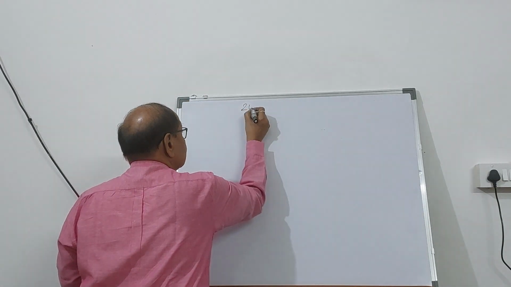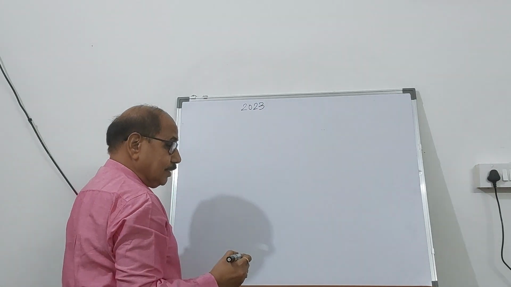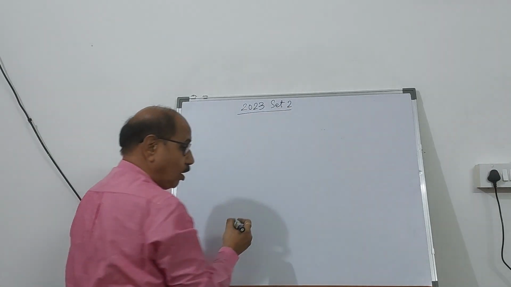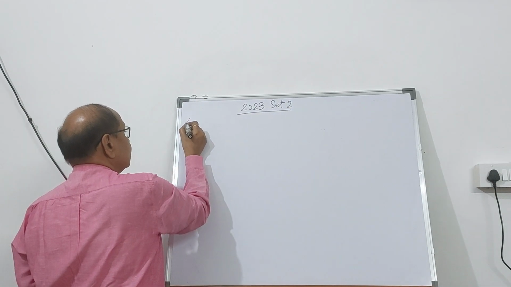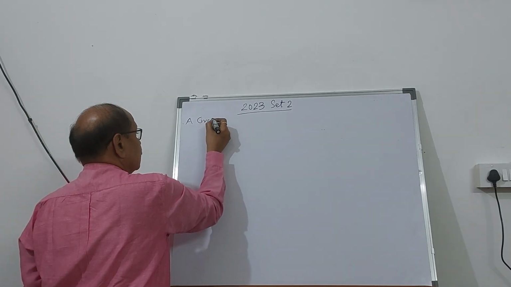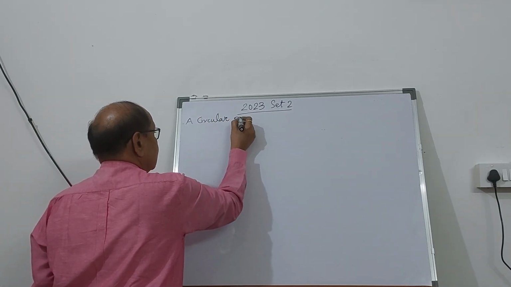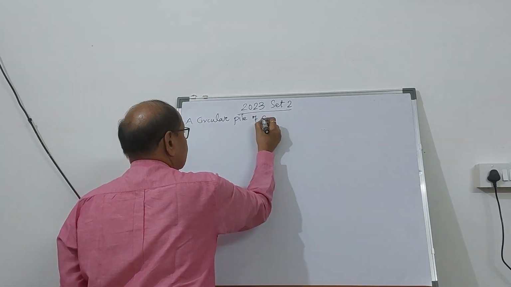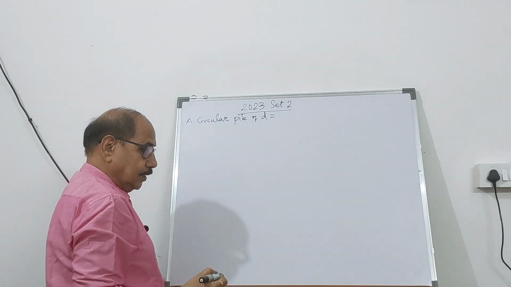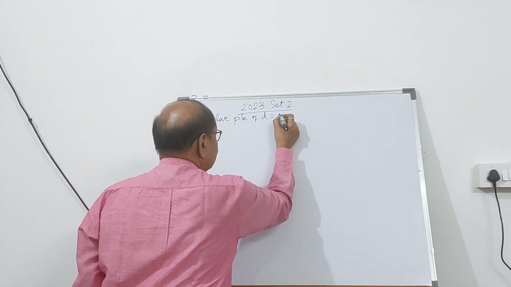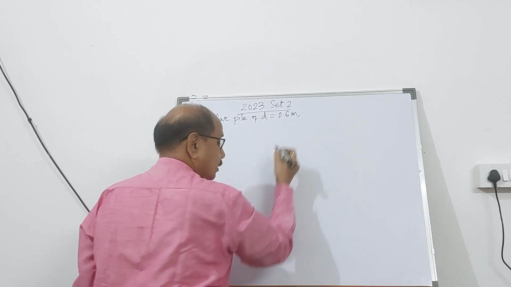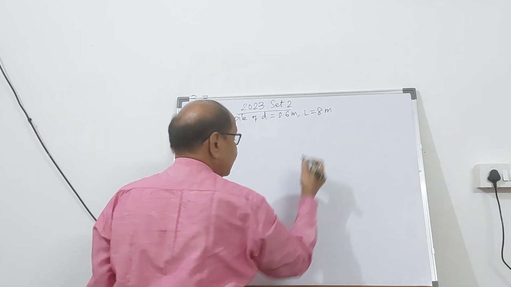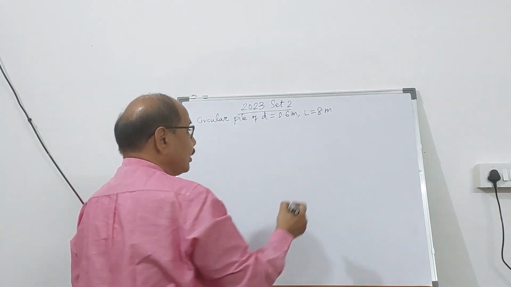This is 2023 set 2. The problem is like this: a circular pile of diameter d equal to 0.6 meter and the length of the pile as 8 meter was constructed